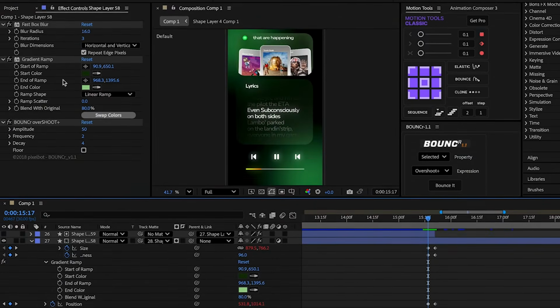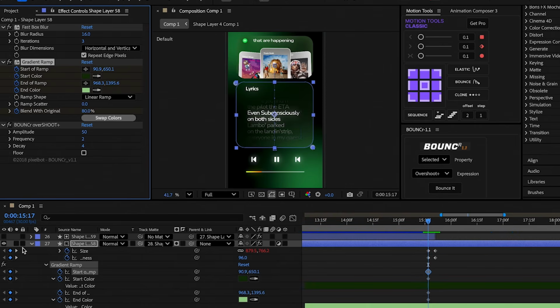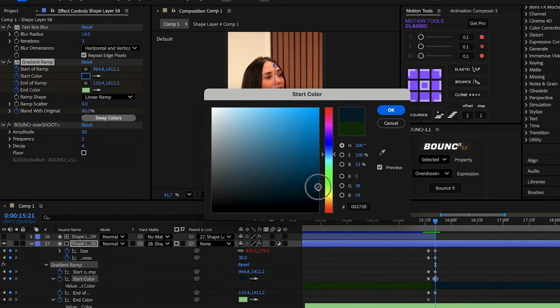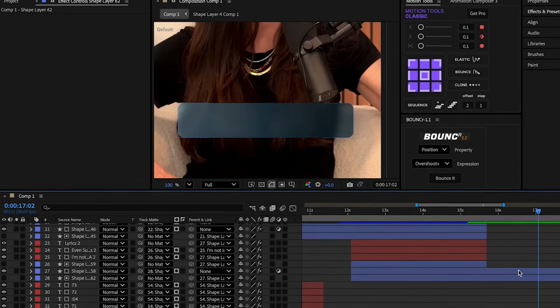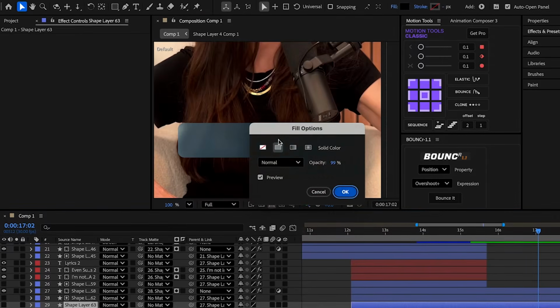create keyframes for the blending with original, end color, end ramp, start color, and start of ramp. Move to the last keyframes, position the start and end of ramp at the edges of the rectangle. Change the start color to blue dark, then color to light grayish blue, and reduce the blend with the original to 40%. Duplicate the layer without the visibility, move it below, remove its fill, add a stroke of 4 pixels,